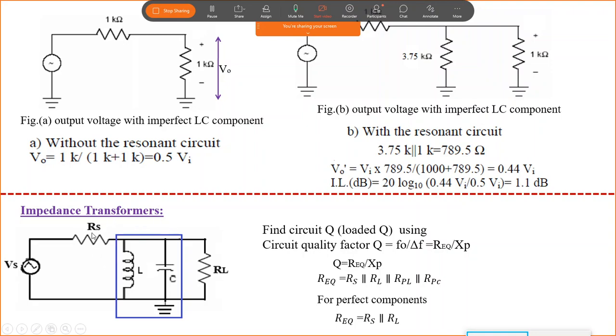Even if RS is low, by using impedance transformers we can increase the overall series resistance RS. RS should be increased; the effective RS we have to increase. This is coming from the output of some previous circuit, but effective to the network, through impedance transformers, we can increase the effective resistance.